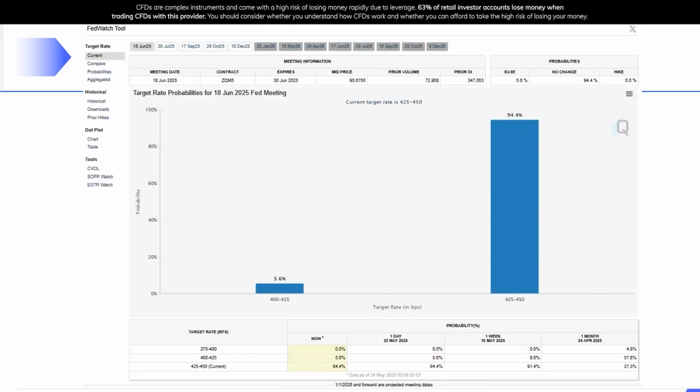Now, the Fed, things are shrinking. The probability of the Fed cutting rates at the next meeting, June 18th, went even lower. A month ago, it was 57%, then went to 8.6%, currently 5.6% probability. And there's a big concern among analysts. They say that we might not see any rate cuts this year.